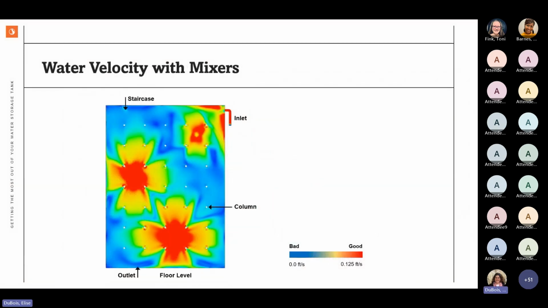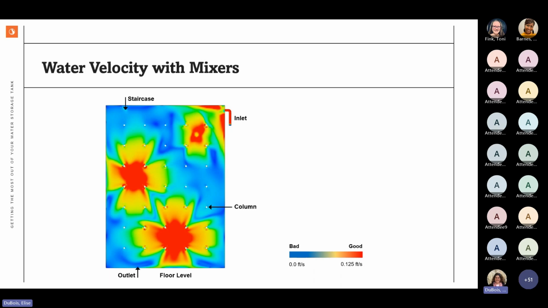So back to our problem tank from earlier. How did we know mixers would work? Well, we installed 3 in the model, let it run for about 4 days to produce a 2-hour graph that you're seeing here. Before, we had very little water movement, and it was only at the top edge of the tank by the inlet. With the mixers, we're now seeing a lot of water movement around the mixers, and then